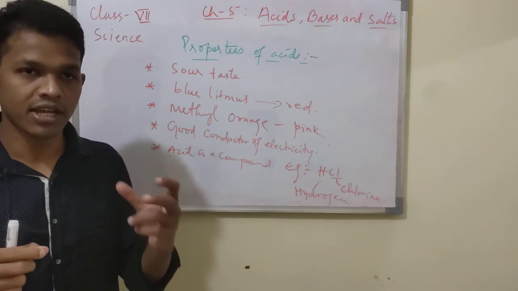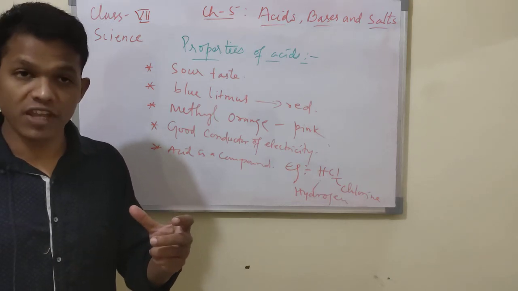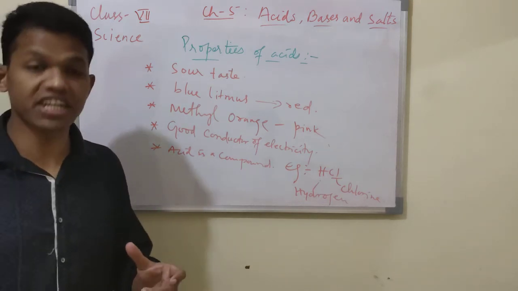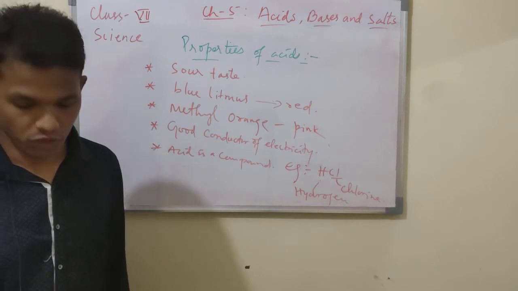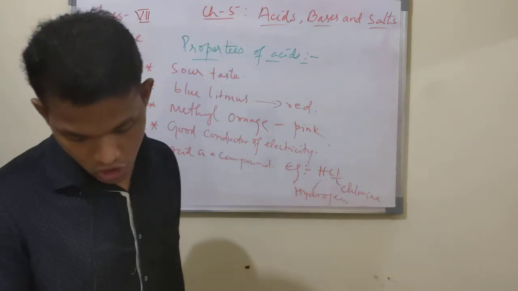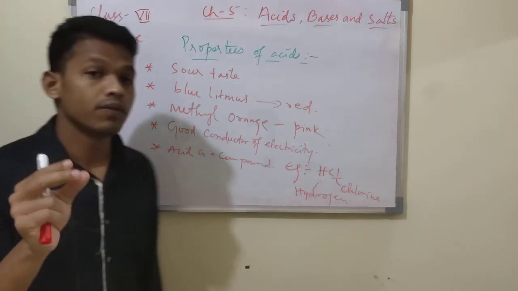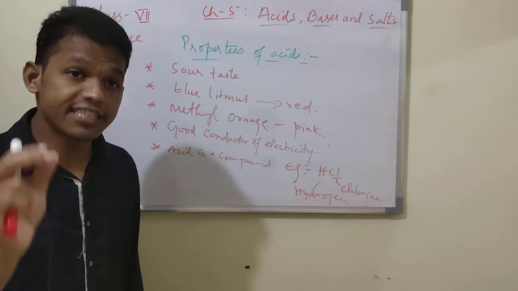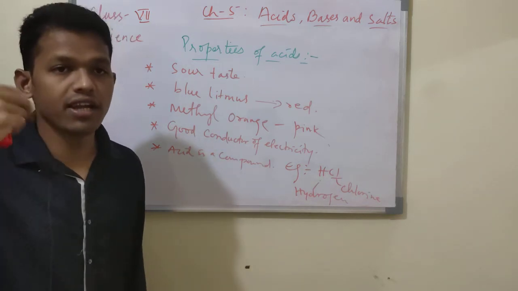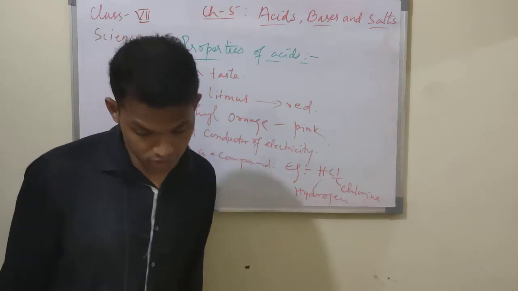You take water in a test tube or container or conical flask, then acid is added drop by drop to the water, not water to the acid. Got it now? So this is the rule. The rule: always add the acid slowly to the water. Slowly you add acid to the water, not water to the acid.